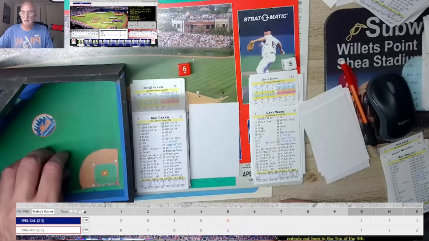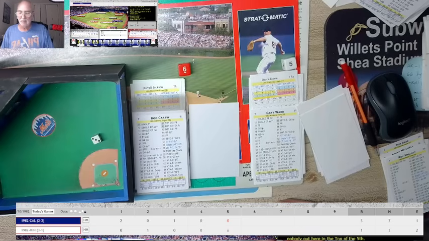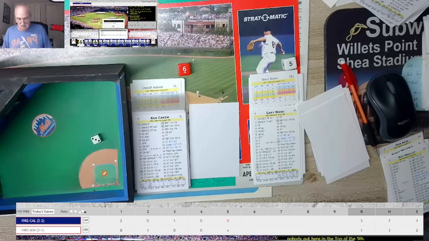Here's Rod Carew, the pitch. And a 13 will be a base hit center field. And we're going to hold. Should we try to take the extra base? It's a whole thing. I'm just going to hold right here. There's nobody out. I don't want to make the first out at third base. So I'm just going to hold the runner at second base. So we got first and second.